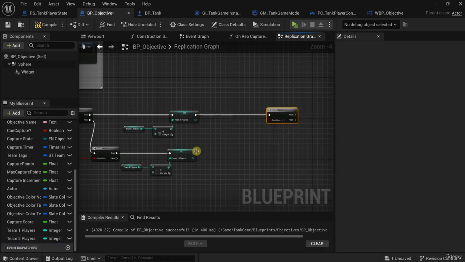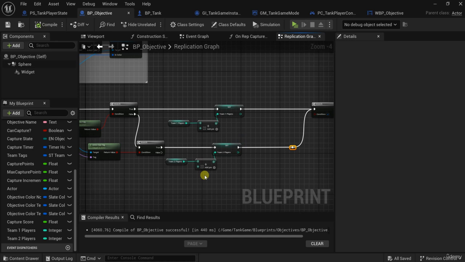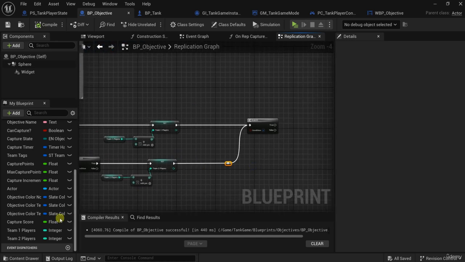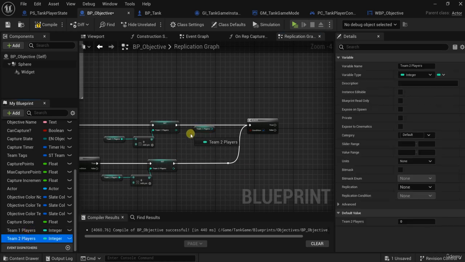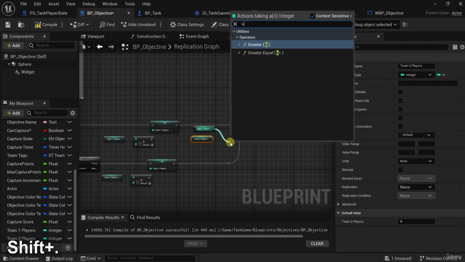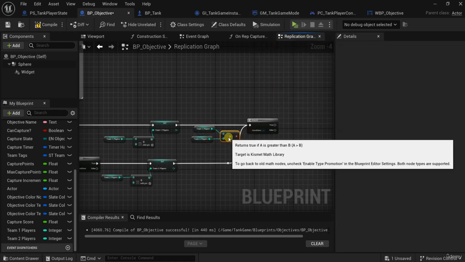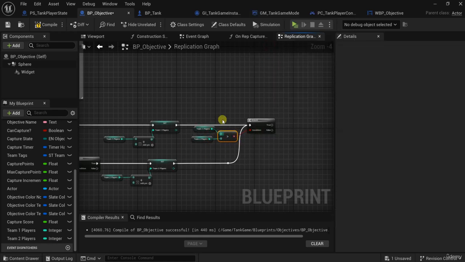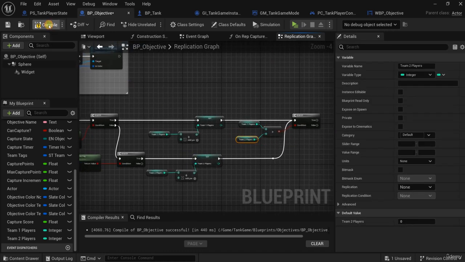Connect both pins because I want to check after adding players for team 1 or team 2. Here let's check if team 1 players are more than team 2. More than, not equal, not unequal, just more than. If it is more than team 2, so here let's set